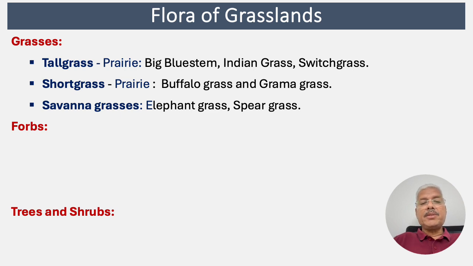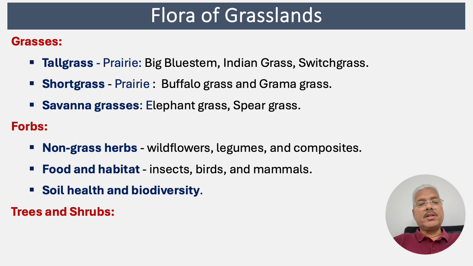Grasses are characterized by their narrow leaves and hollow stems, which are well adapted to survive in dry conditions. Grasses play a crucial role in providing food for grazing animals and helping to maintain soil health. There are many different types of grasses found in the grasslands, each with its own unique characteristics. Some common grasses are